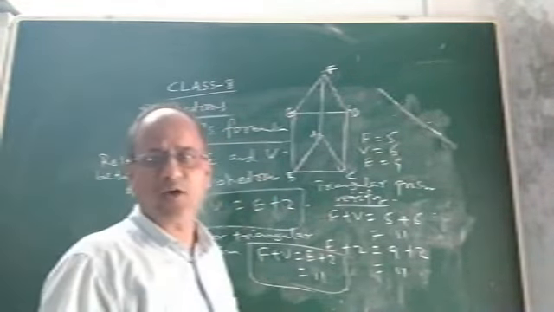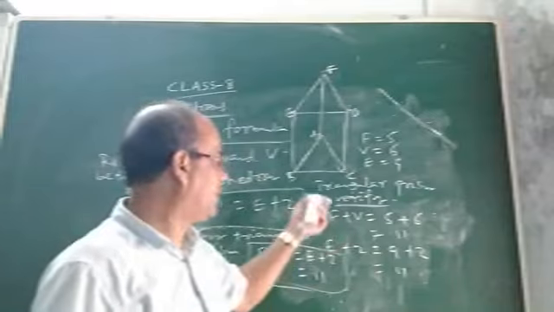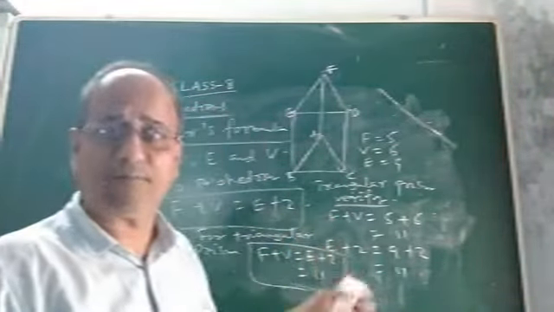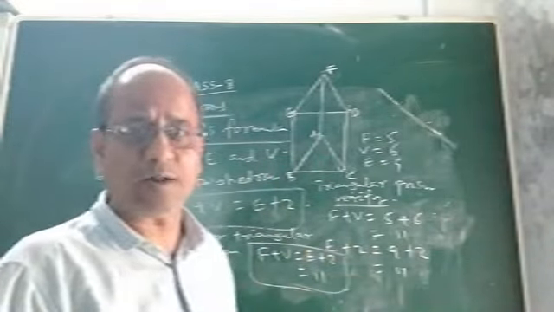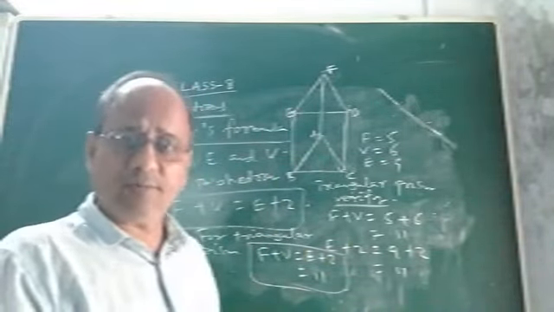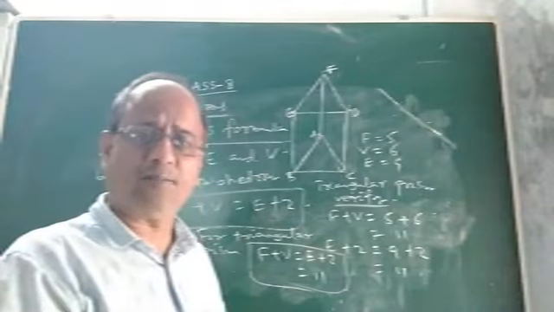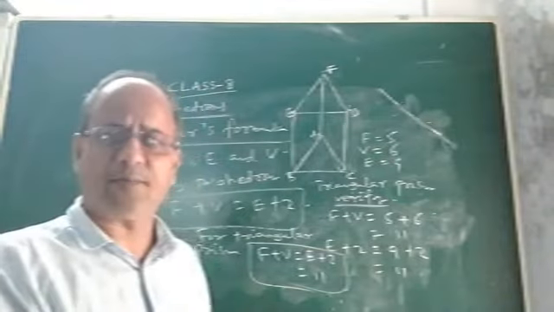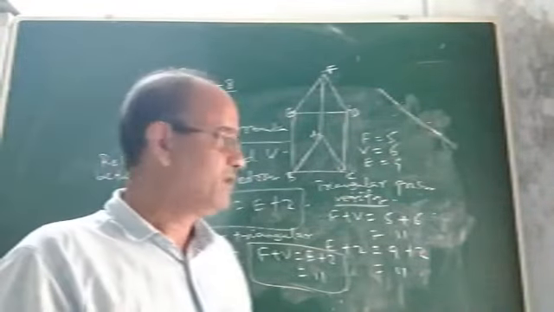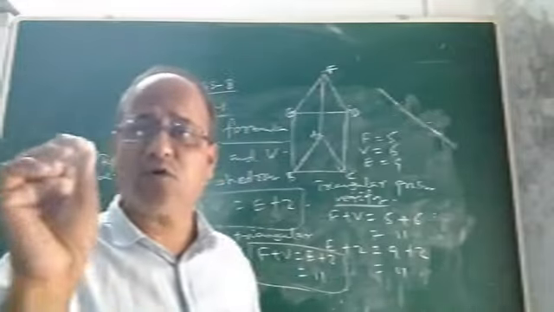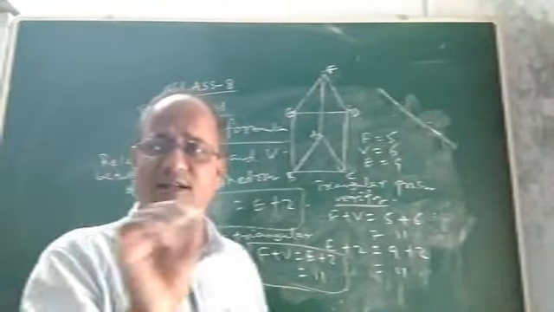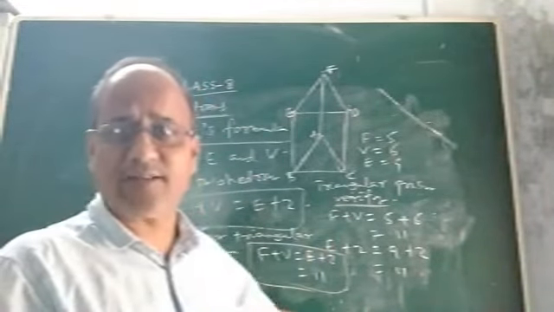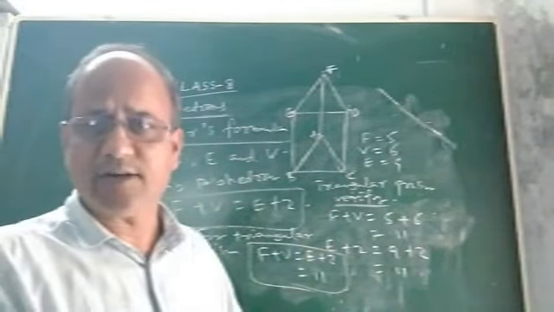So children, I hope you understood. We will discuss problems later. We can also verify Euler's formula for other polyhedra, not only the triangular prism. You can verify it for a triangular pyramid, pentagonal pyramid, square prism, rectangular prism, any prism and any pyramid. Euler's formula always holds good. Otherwise, the existence of that polyhedron is not possible if it does not satisfy Euler's formula.